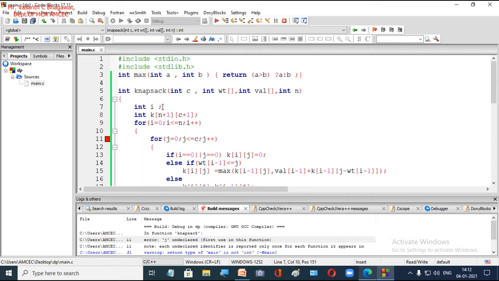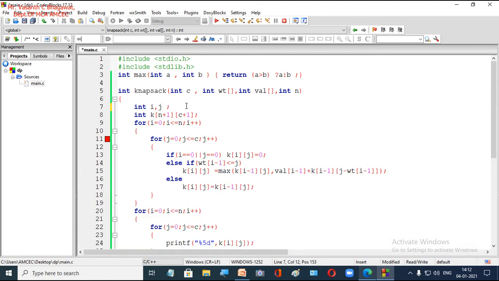So we will declare the variables i and j. These are the 2 variables, right? Here c is already declared. Since j was not declared, we have to declare the variables i and j.